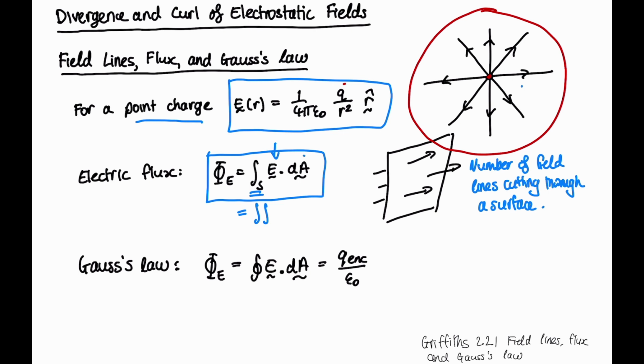And then dA is an increment of surface area. So the direction is perpendicular to the surface. So if we were considering this surface here, we'd take a little increment here. It's got a direction perpendicular to the surface, and the area here would be